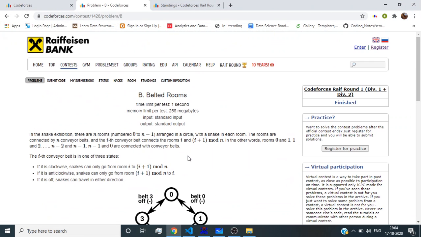Hello friends, today I'm going to discuss with you a problem of Codeforces. The problem name is Belated Rooms. In this particular problem, we were given n rooms numbered from 0 to n minus 1, and in each room